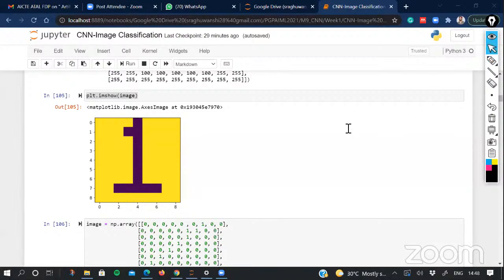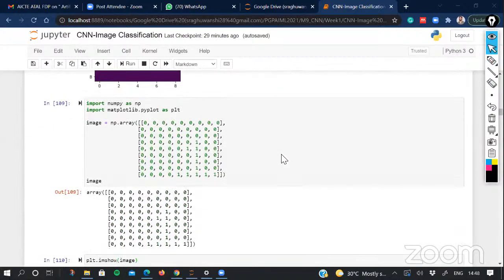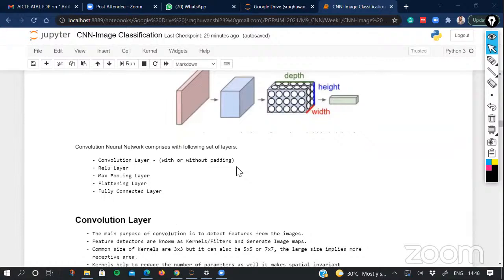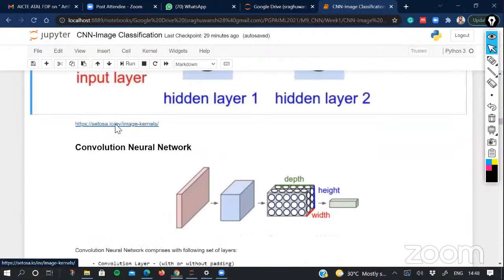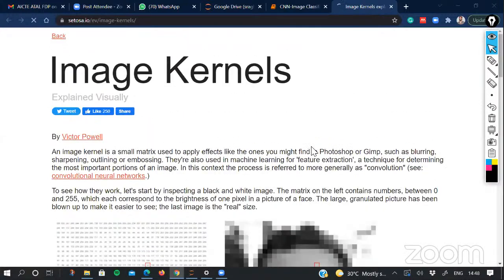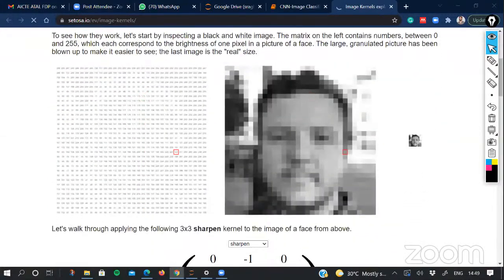And if you want to experience those filters, there is a very nice tutorial available at this particular URL link, where you can find these filters and easily see them working. Let's suppose this is one image, and you can see this small image.